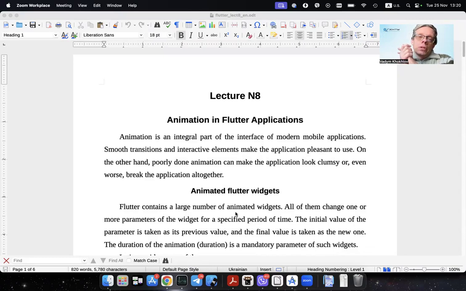In the previous lectures, you studied how to create good functional applications which can read some information from the internet or from other backends, show this information to users, communicate with users,